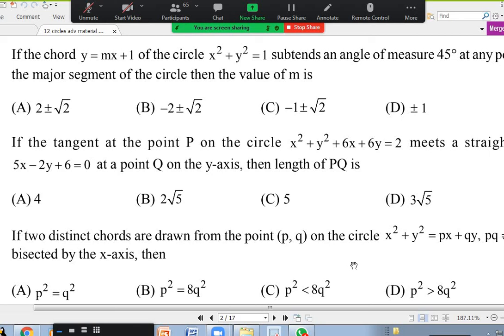Yes, please. d is equal to r by root 2, no, sir? Yes, correct, while equating in the main formula. How did I get the perpendicular distance from the center to that line? It is mod c by root a square plus b square, equated to r by root 2, which is 1 by root 2. For x square plus y square equal to 1, r is 1, sir.